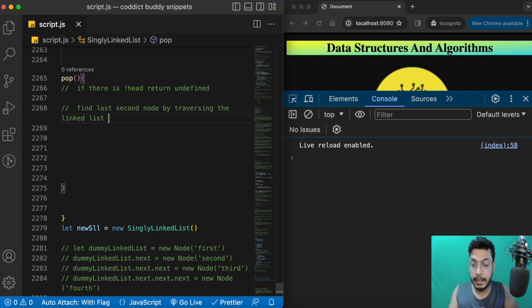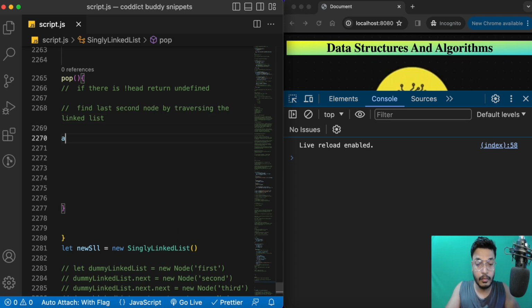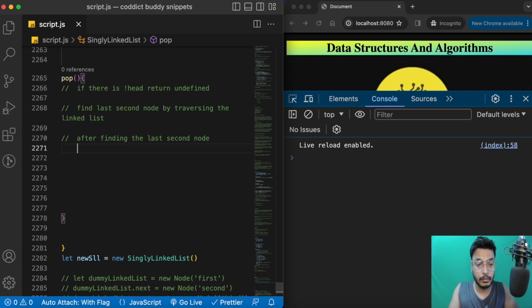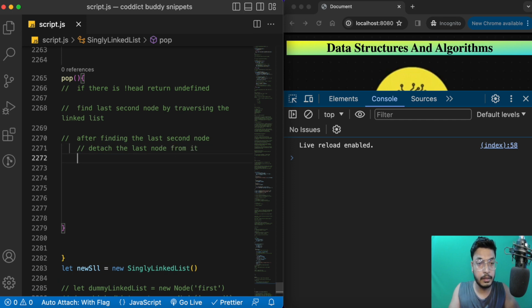And then after finding the last second node, detach the last node from it